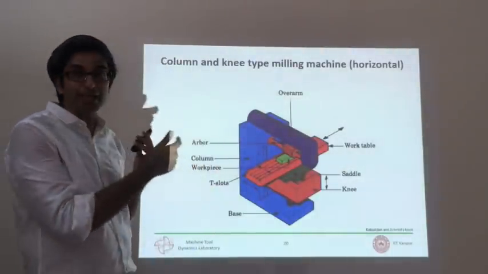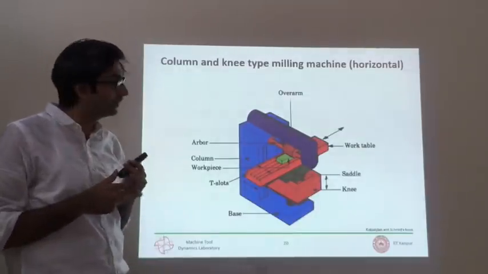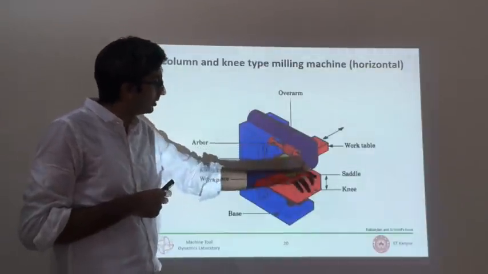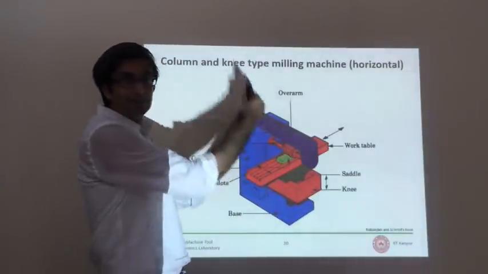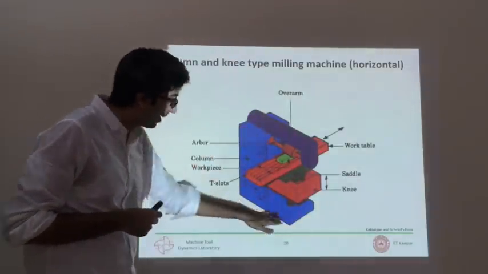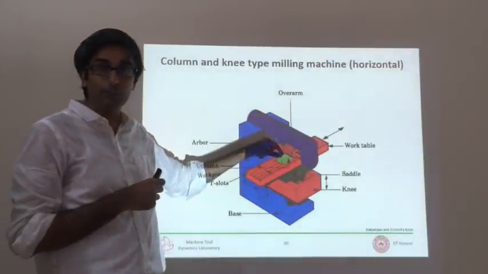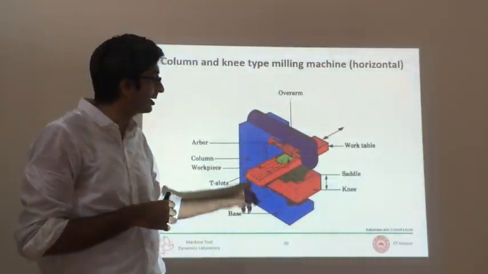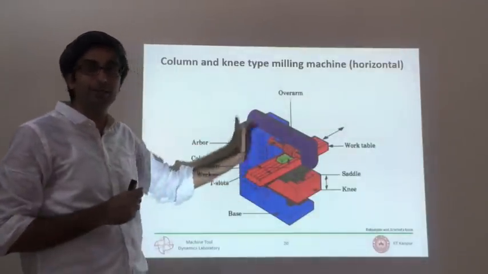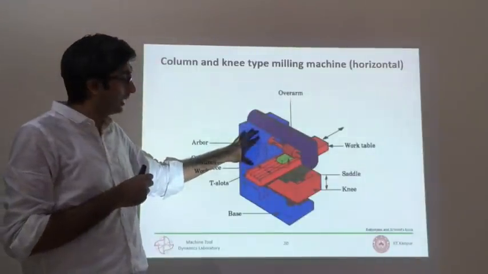The kind of relative motion I give to my tool and workpiece here is similar to drilling and turning, where in this case the tool is fixed between some centers and it is rotating. There is a base, there is a column. The column again has a motor housing which gives drive to this tool, again through a belt pulley and a gear train arrangement inside, which you cannot see, but it is all there.